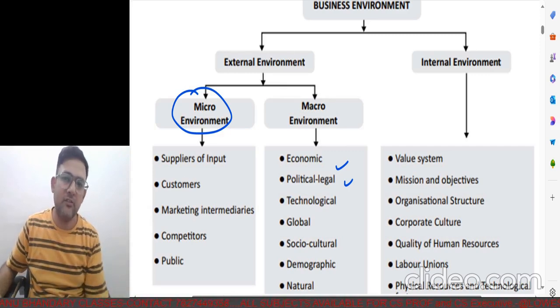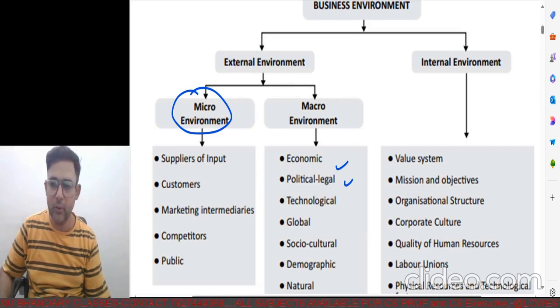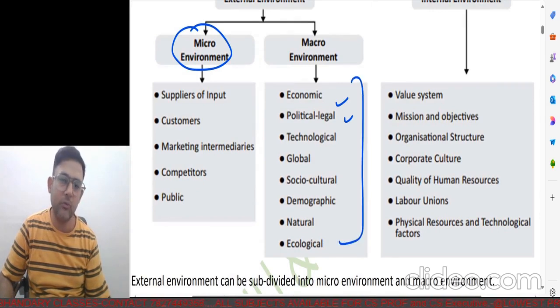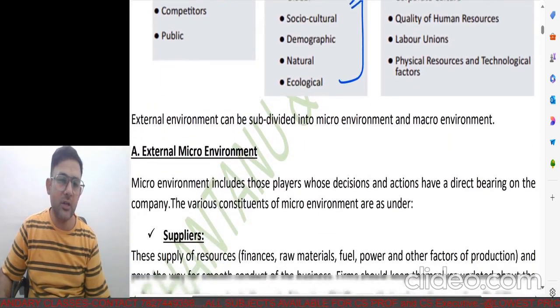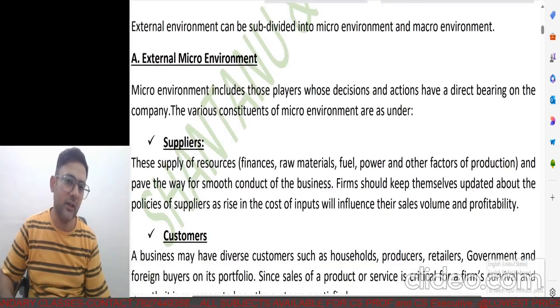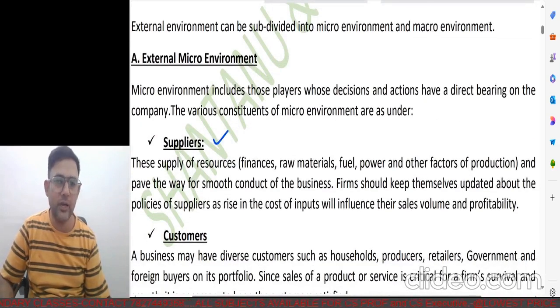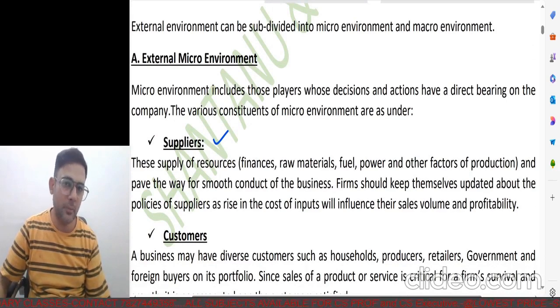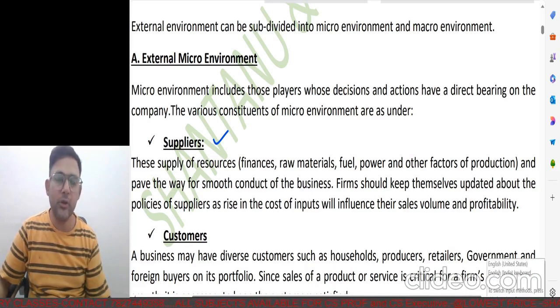So these are the factors that are really influential, and we have slight control over them. But on the right hand side where it says macro, this is where we don't have any sort of control. Talking about the external in more detail, as we were discussing earlier, it says our suppliers, where we have some control, because suppliers are someone to whom we will be paying and they will also be supplying the goods to us. So if we maintain a good relation with them, probably we will get credit.